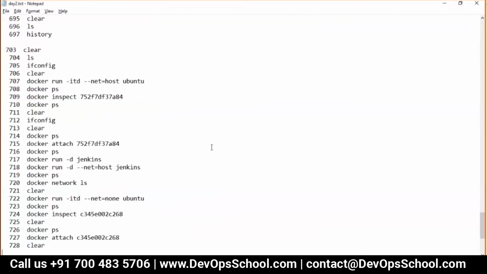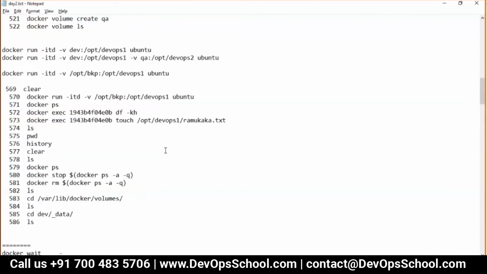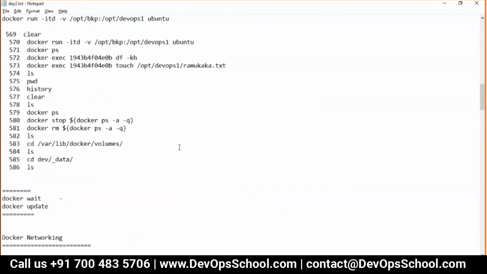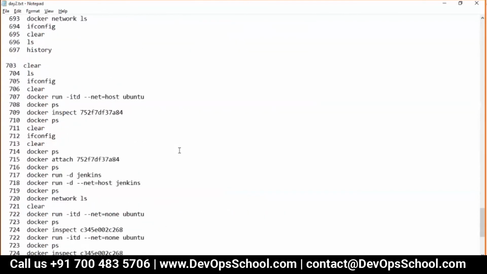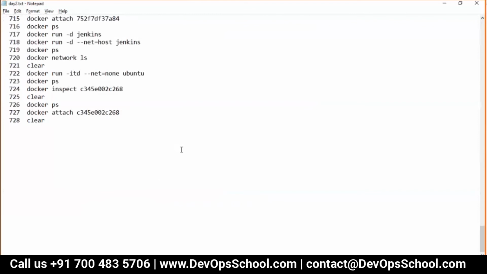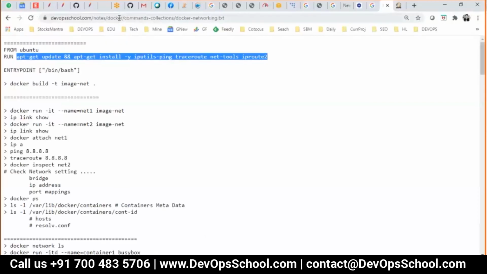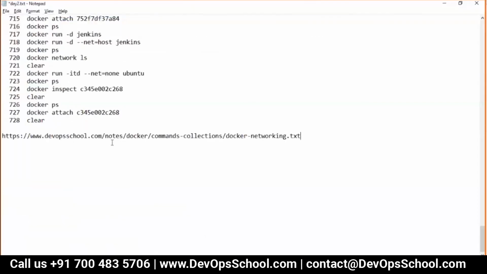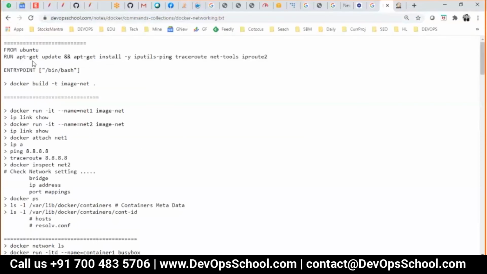Okay, guys. So I think this was the volumes and the networking. Any questions you have? No. Okay. Yes, please tell me. Can you also paste that link to the apt-get? We can search there. Yeah, this is the typical installing of the network utility. You can find it in Google also. Very easy.